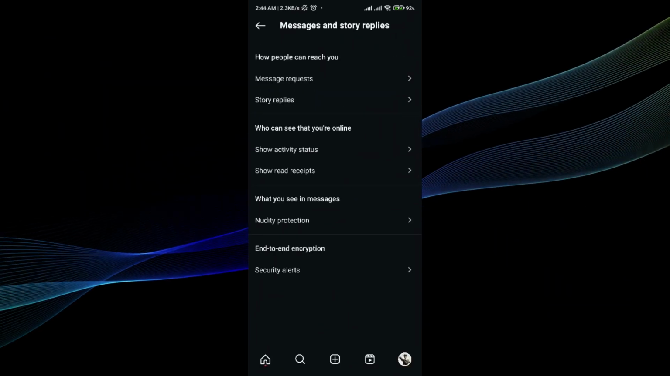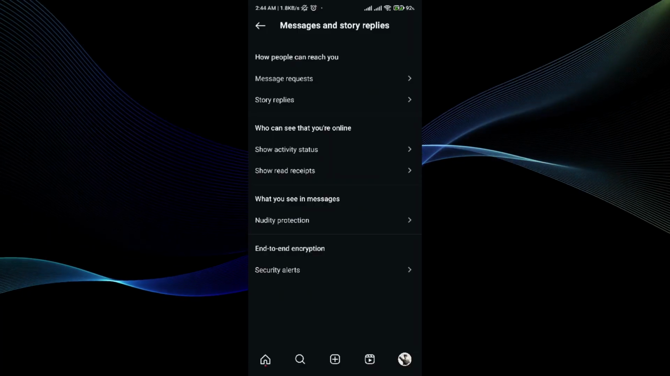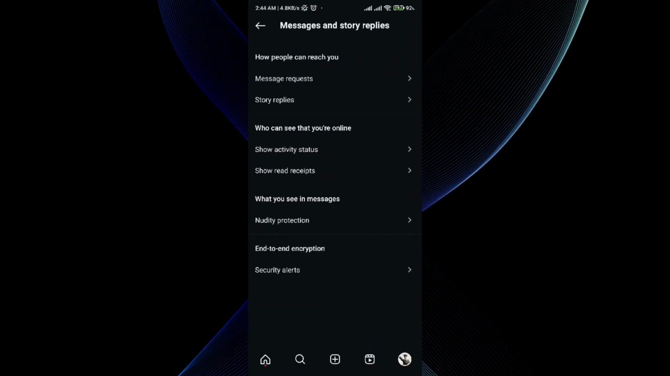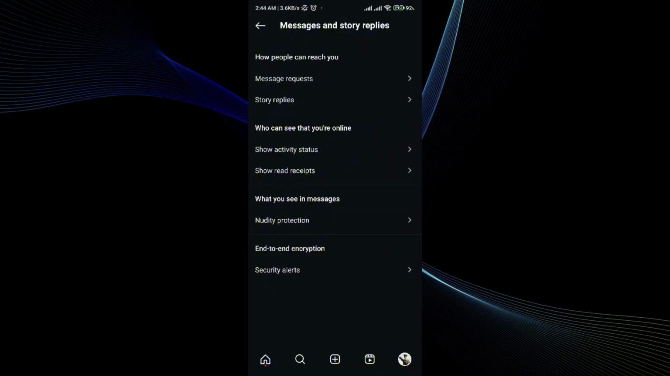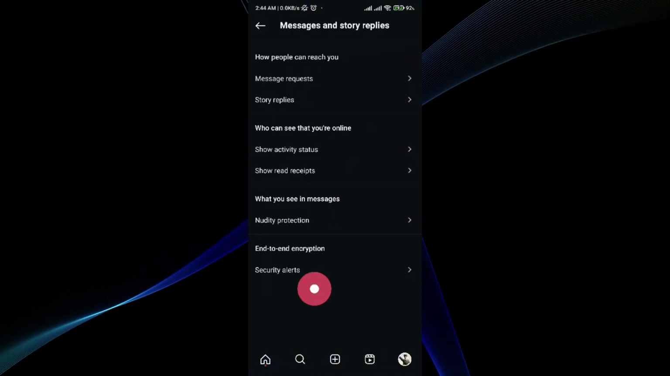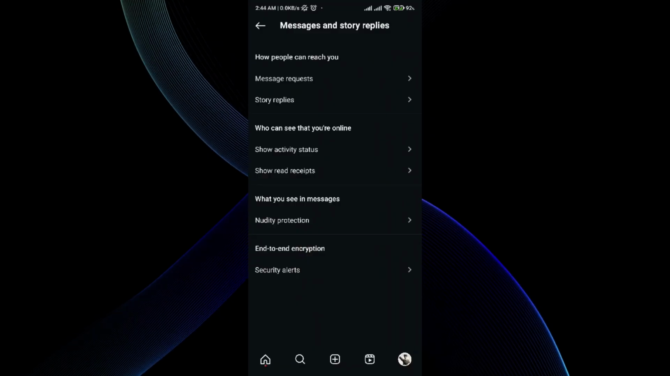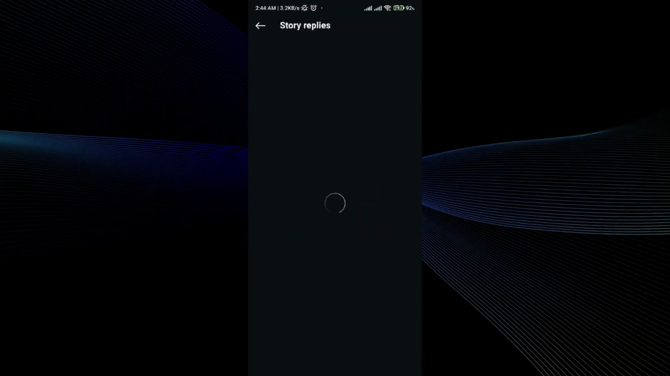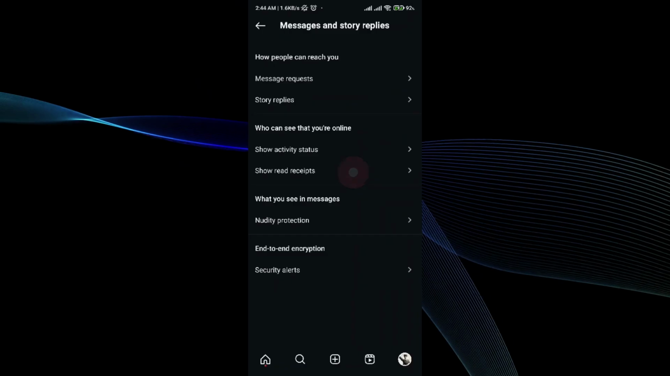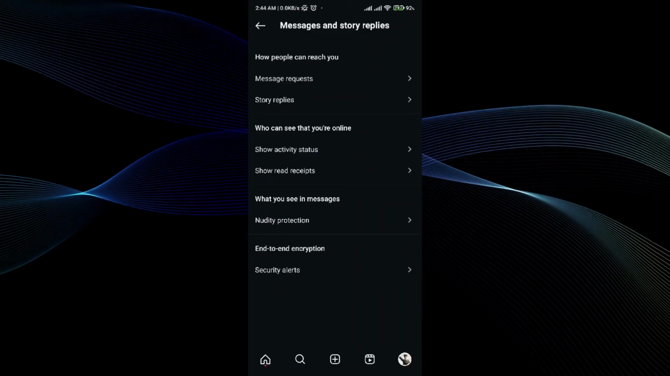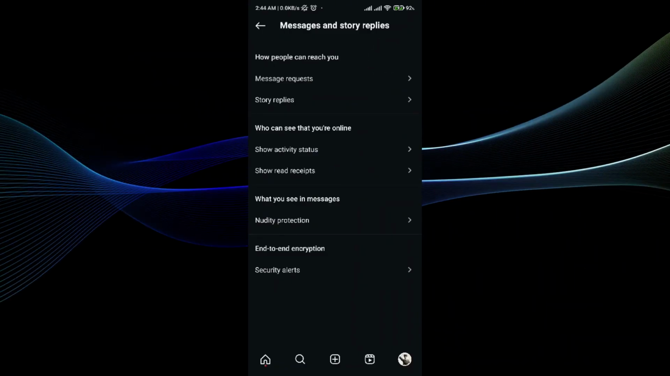The other option is show read receipts. So what you have to do is toggle it off as well. In messages, you can turn off nudity protection as well. And then, who can send you message requests? You can select that, even story replies, and how people can reach you. This is how you guys can actually put yourself to the